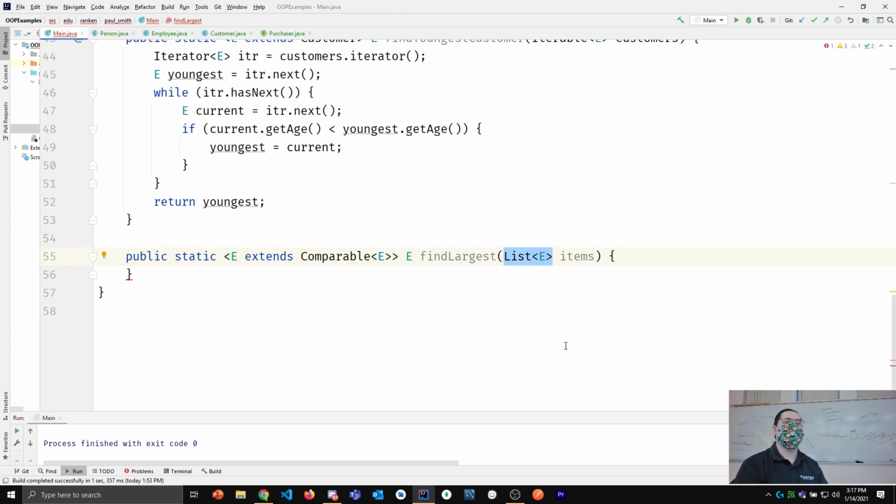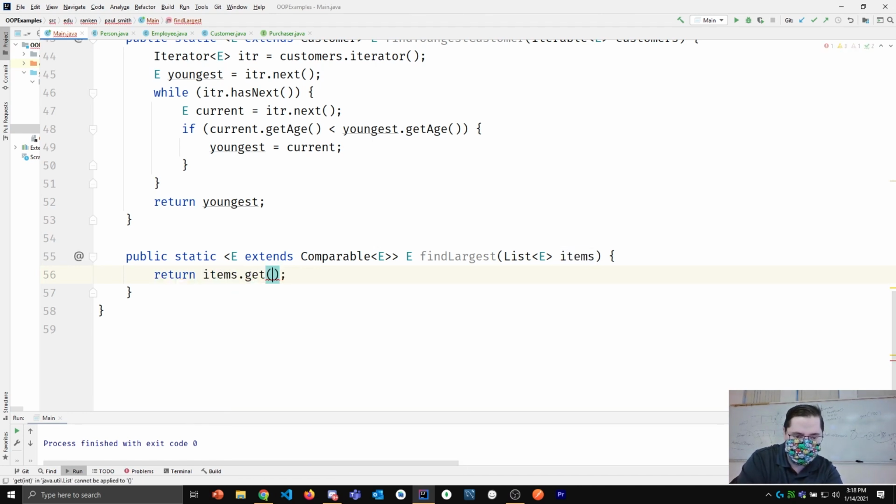You've got a list of elements, right? What is that list? A list of elements is of what type? List E, right? So what's inside of that list? A bunch of E's, a bunch of elements. So if I said return null, as it turns out, that is acceptable, because your generic types have to be reference types, so null is always okay. It can't be List of lowercase int, it can be List of uppercase Integer, but you can't do that. So null is okay, or I could say